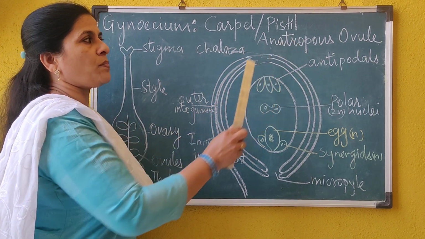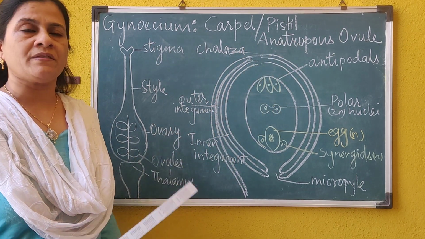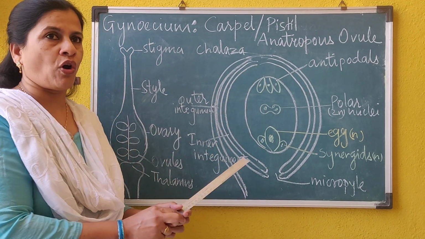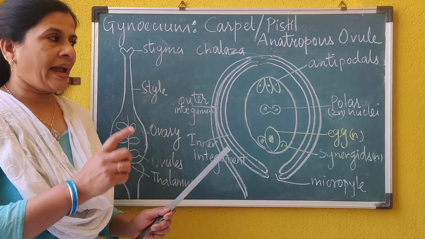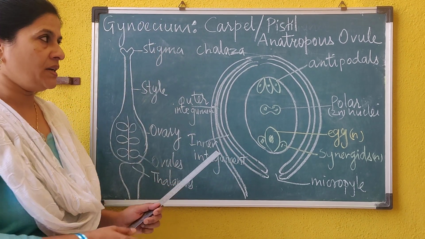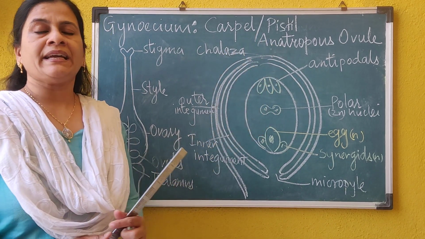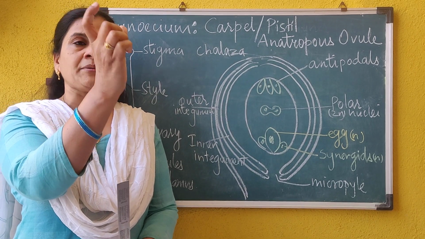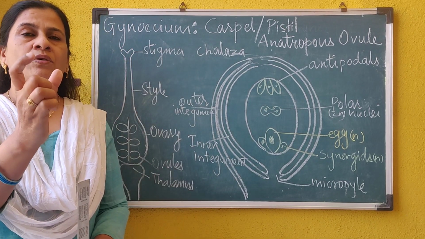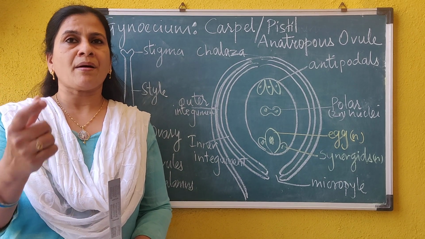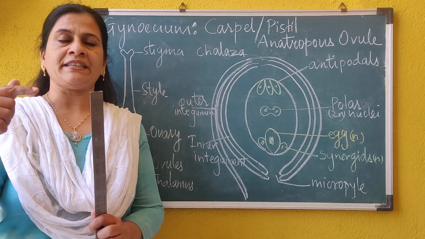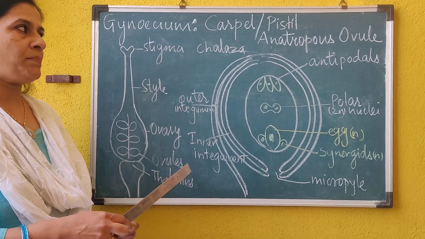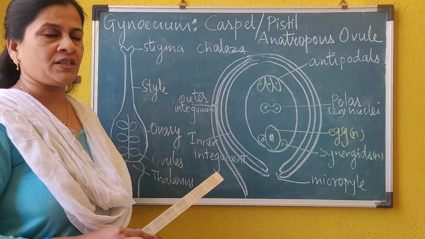Now what is anatropous ovule? Anatropous ovule is observed in 80% cases of angiosperms where the funicle, which is a stalk, is bent to 180 degree. Hence the ovule is an inverted ovule. It is called as anatropous ovule. In some cases the funicle can be straight and the ovule body is seen at the tip of the funicle. It is called as straight ovule or orthotropous ovule. There are many more types. The ovule can be bent to 90 degree, it can be bent to 360 degree, etc. In this chapter we are going to see the structure of anatropous ovule.